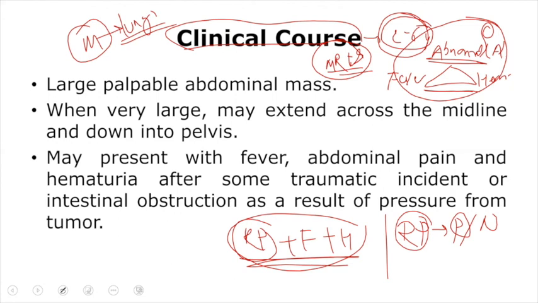And whenever there is a neuroblastoma, the most common site of metastasis becomes the bone. The point to remember is that Wilms tumor metastasizes to the lungs more commonly. And this is all about Wilms tumor. Every aspect has been covered regarding the pathology with some clinical correlates and the clinical features as well.